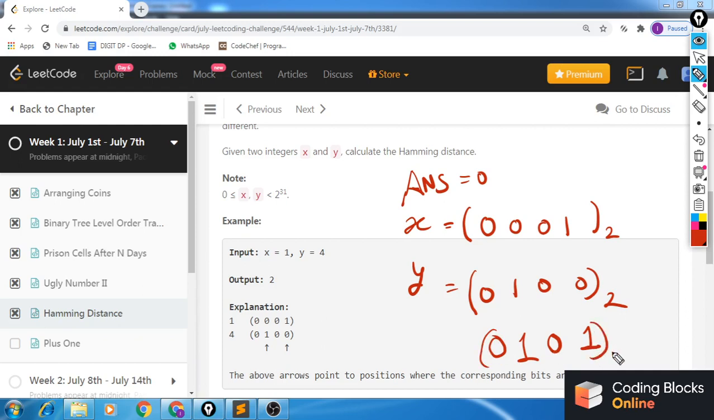So overall I saw that there were two positions in these numbers x and y, and for those two positions I need to add a 1 to the answer. So overall I'll be adding 1 twice, so my answer is going to be 2, which is the case here. The most straightforward algorithm that would come to anyone's mind is that you can simply